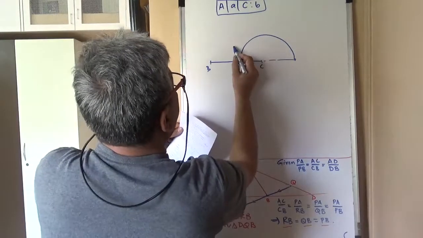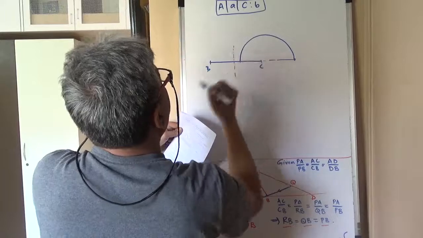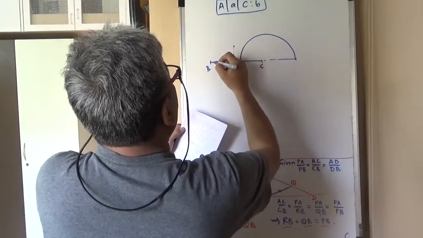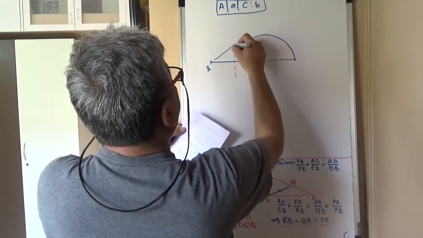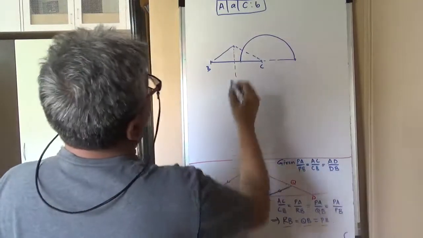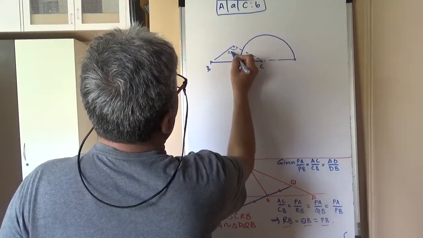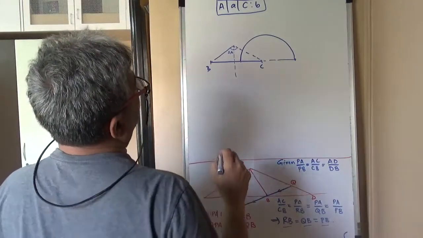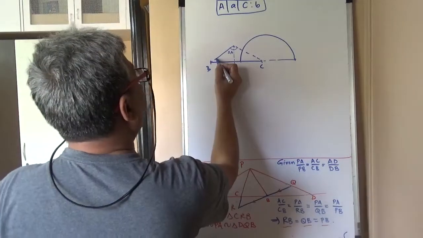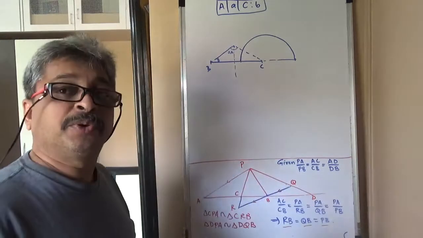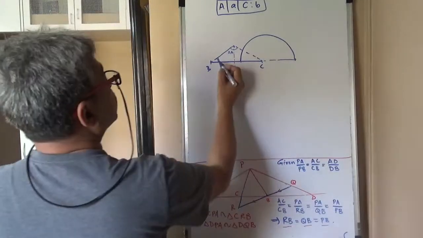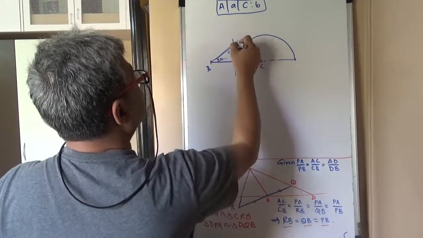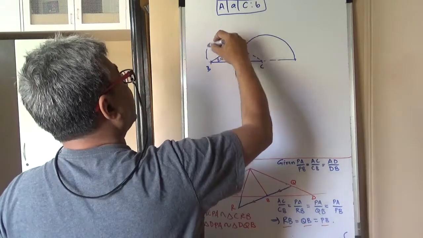Therefore, we draw the perpendicular bisector of BC, and we draw, say, an auxiliary figure. This is going to be my circumcenter. If the angle is A, then this angle is going to be 2A, right? And therefore, if that angle is going to be 2A, I need to have this angle, which is equal to 90 minus A. So I draw 90 minus A here, this segment, and draw the perpendicular bisector, that gives me the circumcenter, and I draw